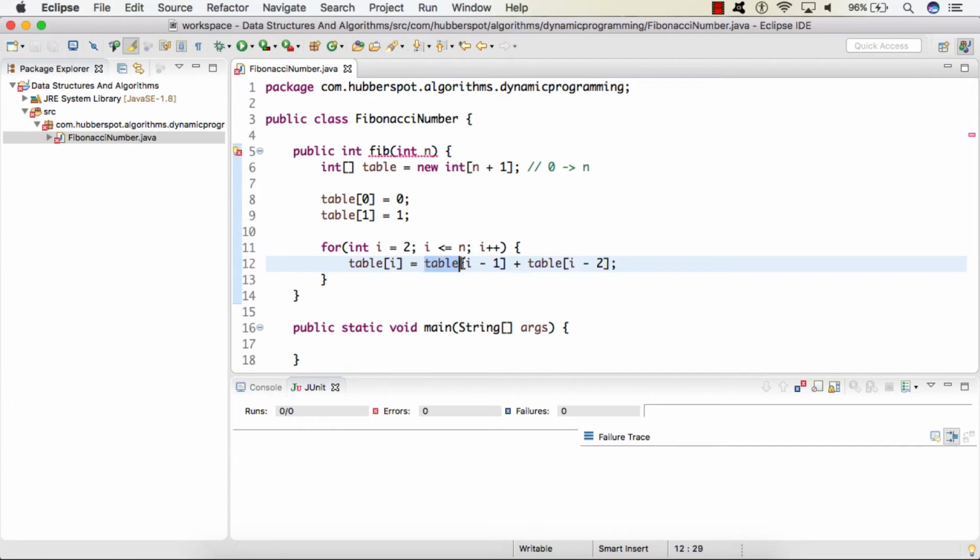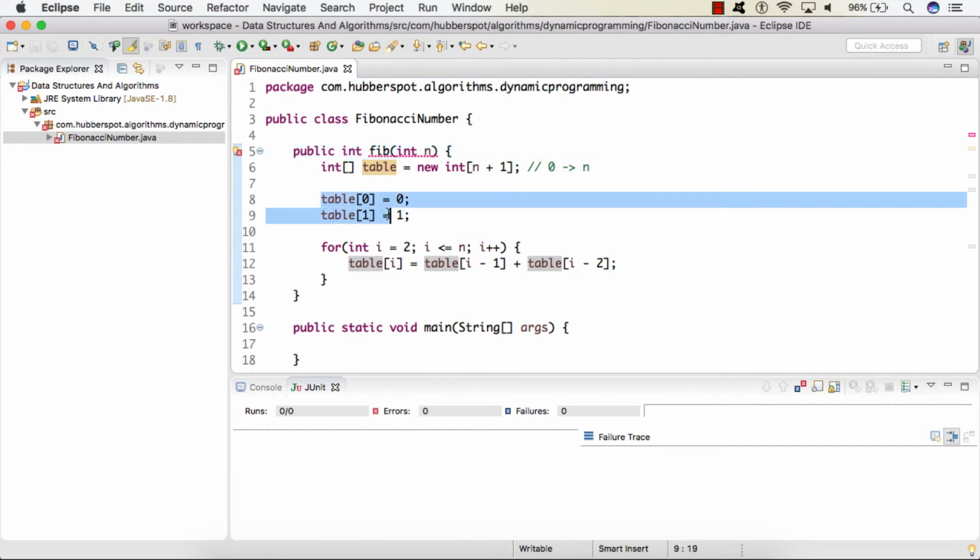And whatever value is computed from this equation, we simply store it into the table at the ith index. So thus this table helps us in computing the nth Fibonacci number from the bottom, which is from the 0th index to the nth index.